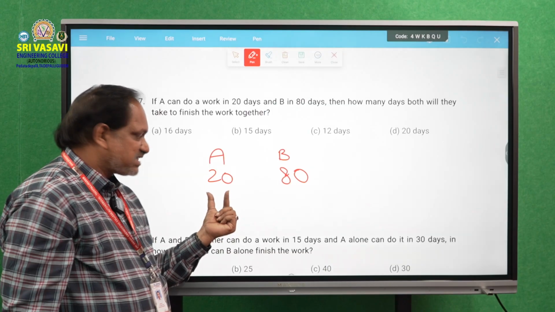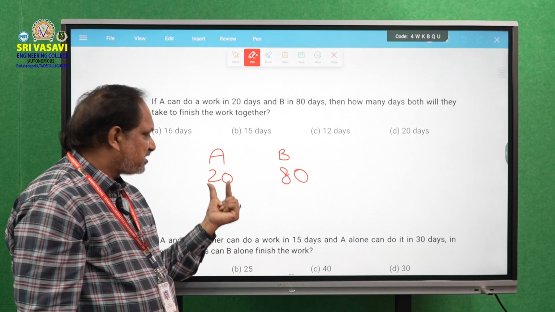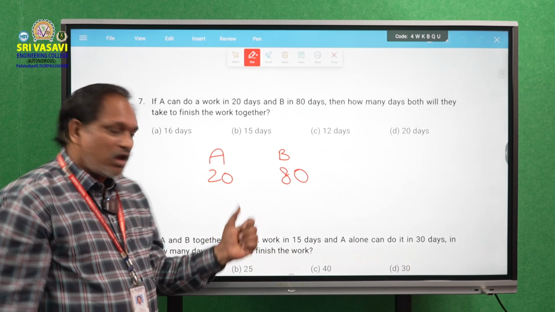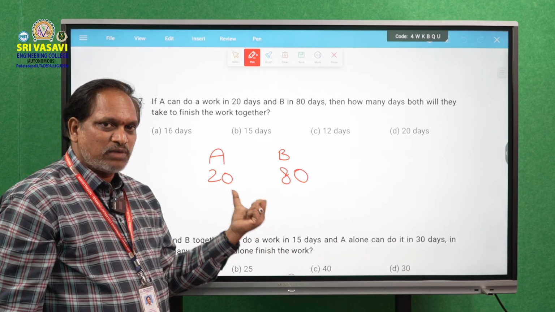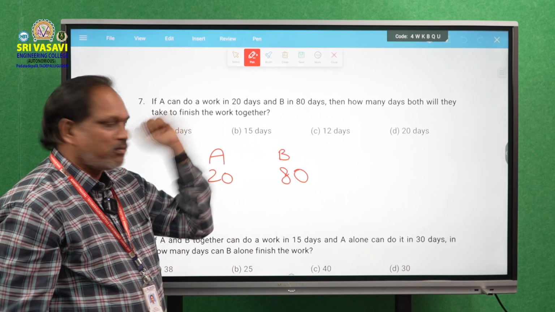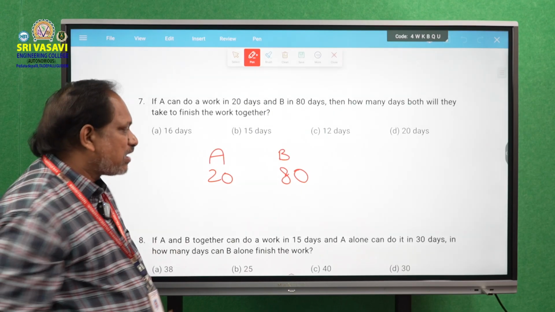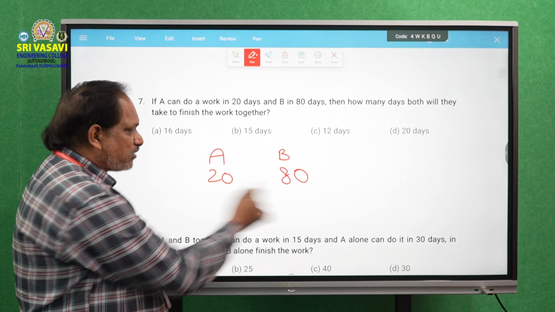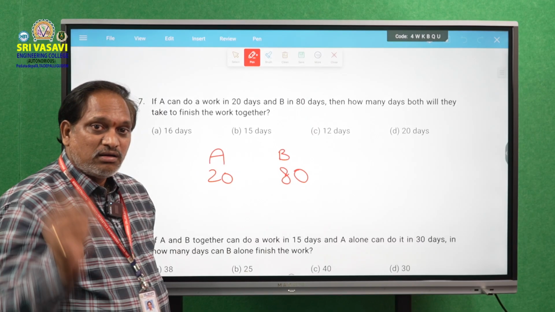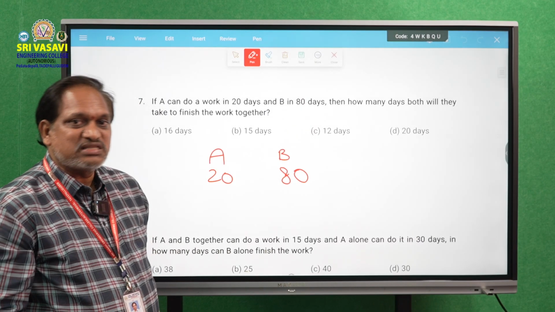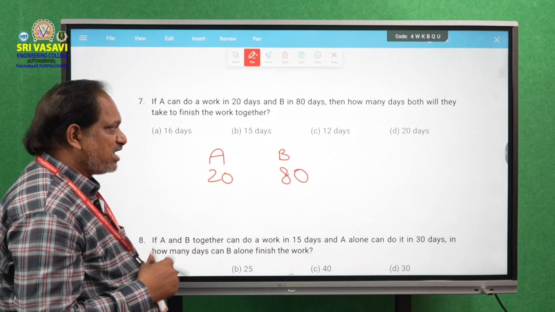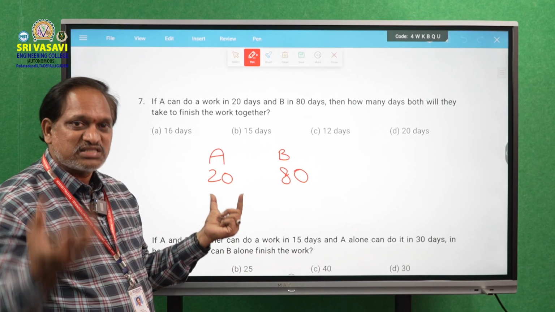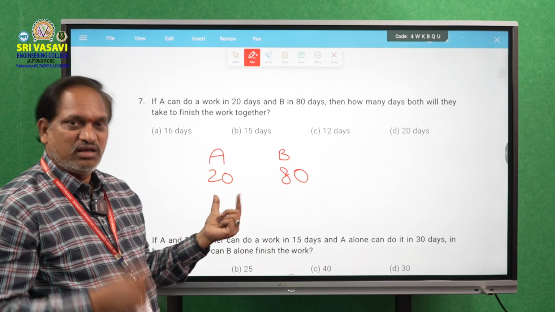If I allot person A, he can do it in 20 days. Person B can do it in 80 days. So now both together will share this work. In how many days will the work be completed? So generally the student mentality or student logic, both together are working, so simply they are adding 20 plus 80, 100 by 2, together means they consider the average, 50 days. But observe that A alone takes 20 days, that means together it takes less than 20 days, is the simple